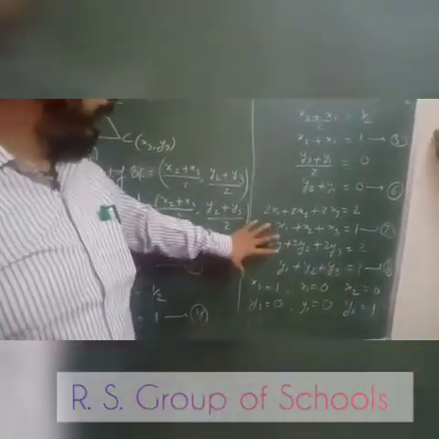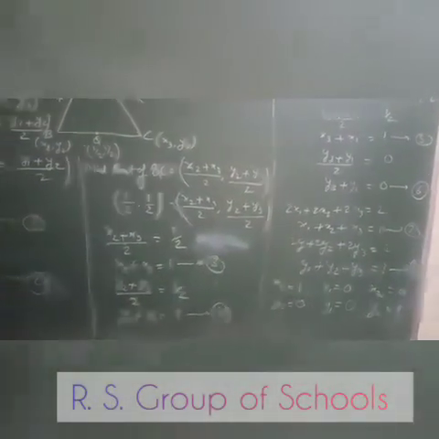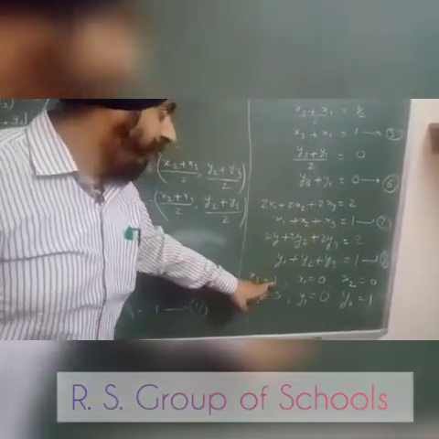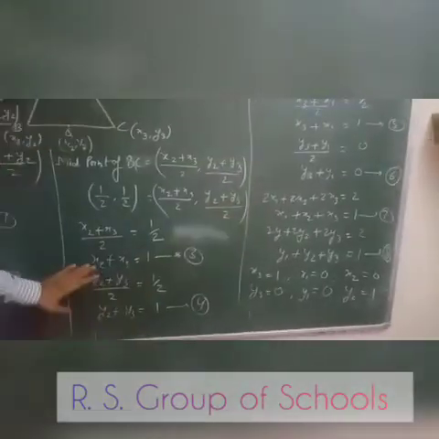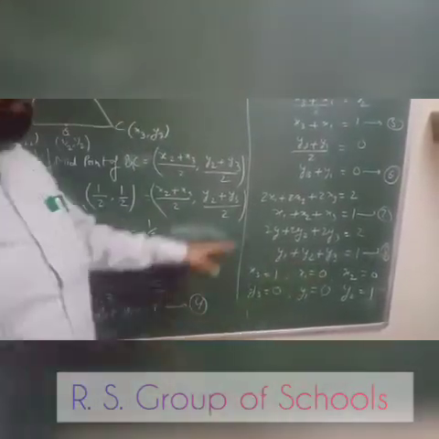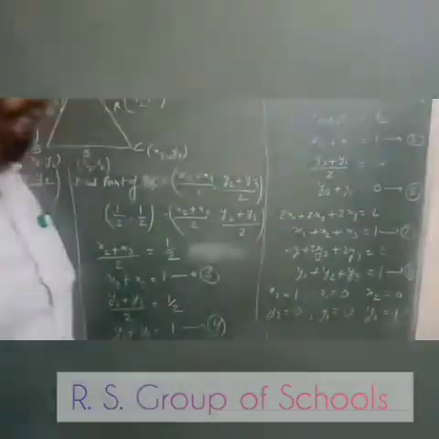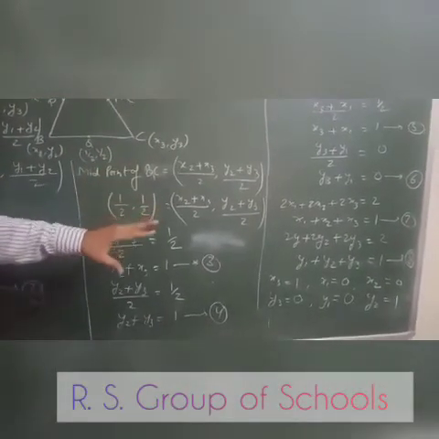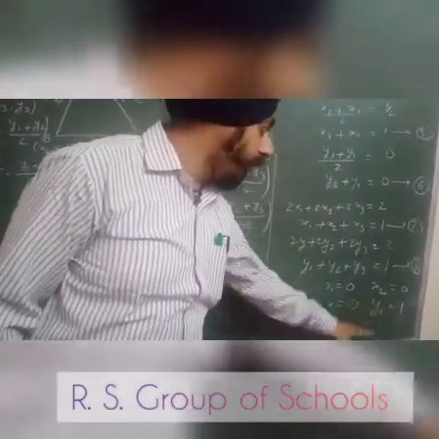First we subtract equation first from equation 7. Then x1 and x2 cancel, and we remain with x3 = 1. In this way we subtract equation third from equation 7. Then x2 and x3 cancel, and we have x1 = 0. In this way we subtract equation 5 from equation 7, and we have x2 = 0. Similarly, we subtract equations 2nd, 4th and 6th from equation 8 respectively. Then we have y3 = 0, y1 = 0, y2 = 1.